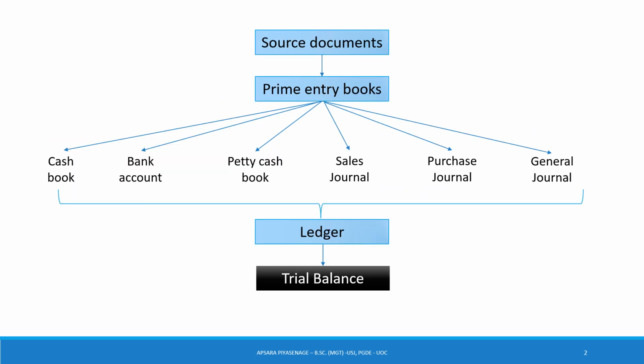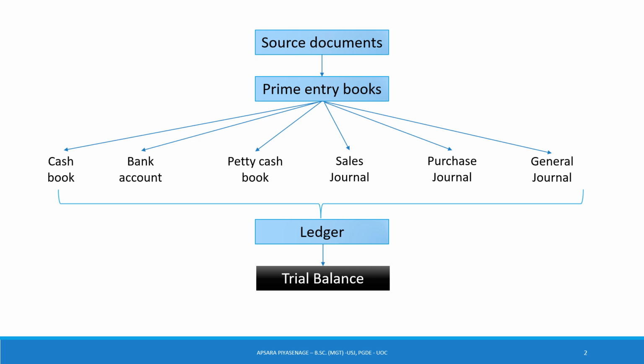In the accounting process, first we record all the transactions in the prime entry books. At first, we are recording all the transactions in the prime entry books by looking at the source document. So you have learned six prime entry books: cash book, bank account, petty cash book, sales journal, purchase journal, and general journal. Then you post those values or the summary of prime entry books to the ledger accounts according to